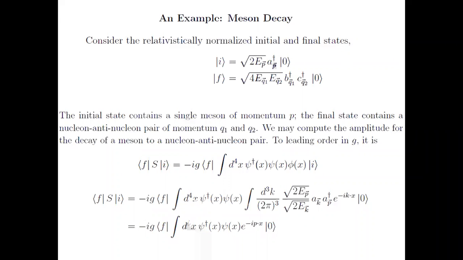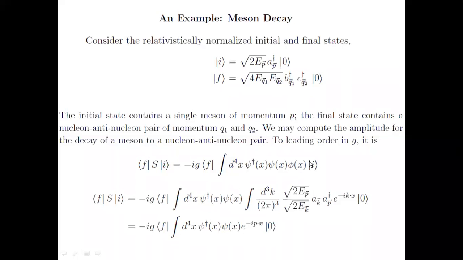Okay. Now phi is a scalar field, so phi has an expansion given by a_k and a_k dagger. Now a_k dagger, if it acts on this zero, will have no contribution to this inner product, because there are psi and psi dagger fields here. If we take a_k dagger, it will simply create another meson, which has no relation with our given decay. So we have to annihilate the meson, and take only the a_k part and leave the a_k dagger out.